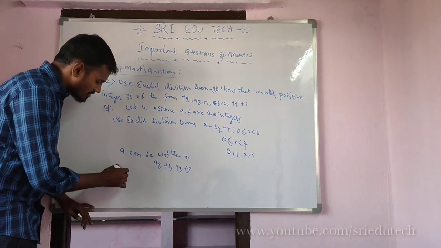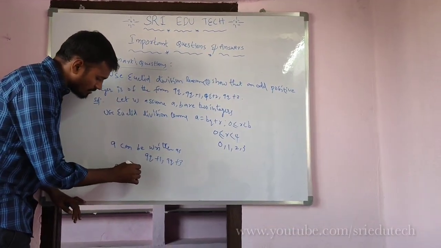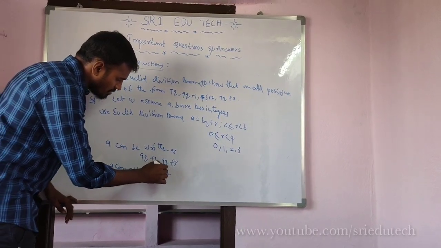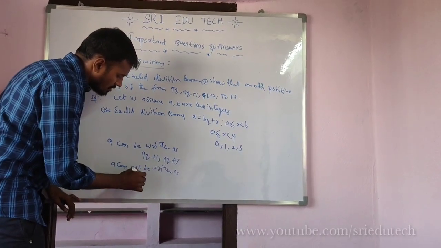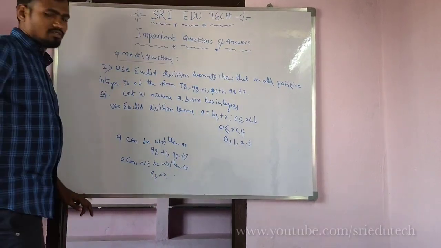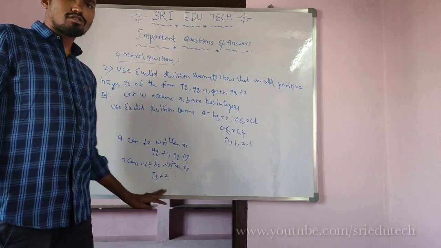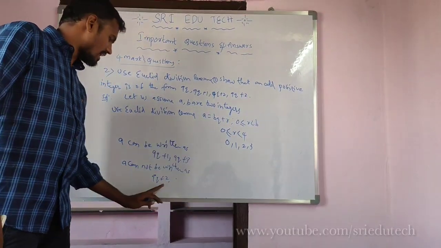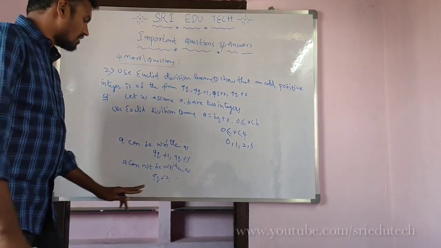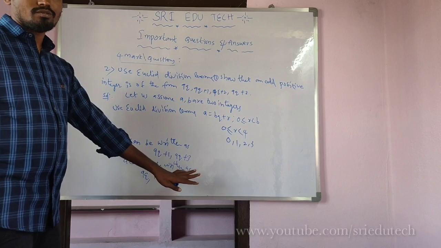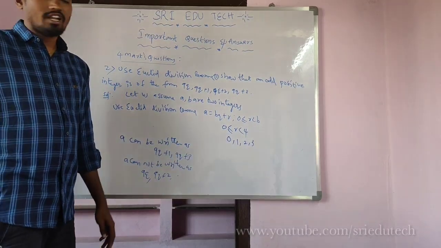Right? Next, A cannot be written as 9q plus 2, that's it. Okay? 9q plus 2, because here up to 3 only, that's why A cannot be 9q, 9q plus 2. Right? Next,